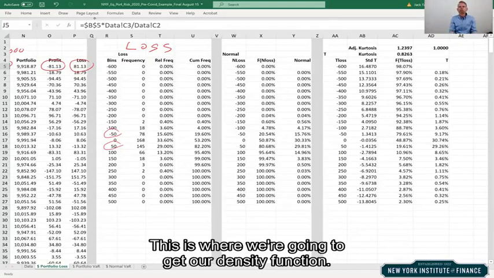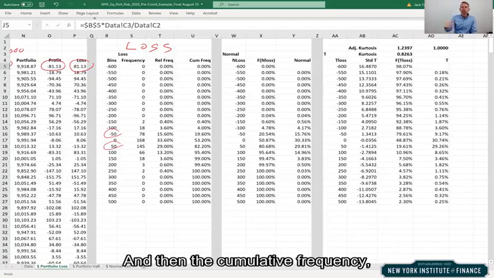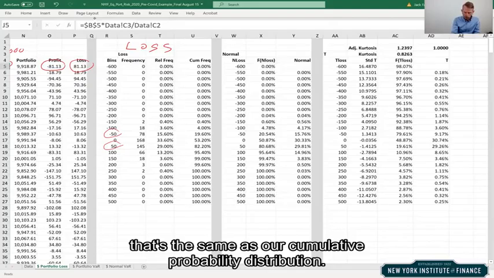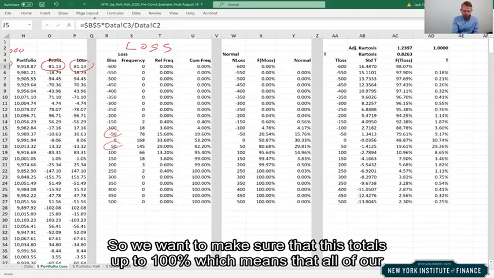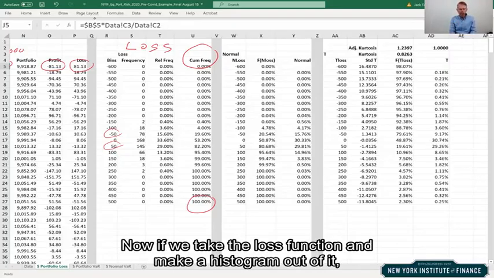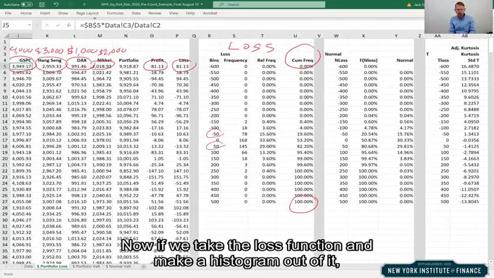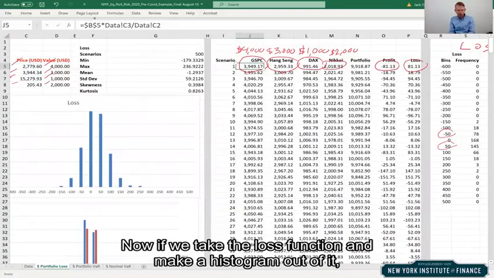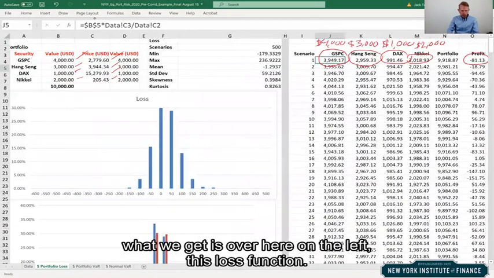So this is where we're going to get our density function. And then the cumulative frequency, that's the same as our cumulative probability distribution. So we want to make sure that this totals up to 100%, which means that all of our data points have been counted. Now, if we take the loss function and make a histogram out of it, what we get is, over here